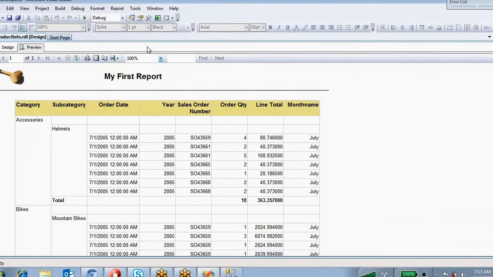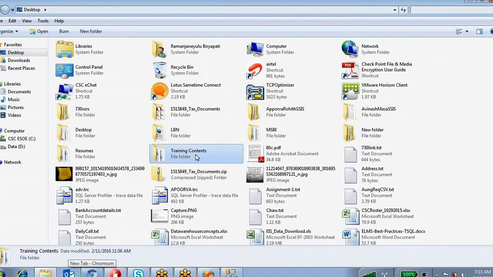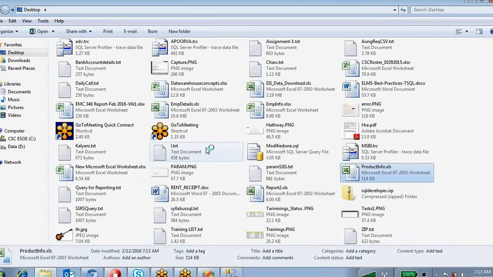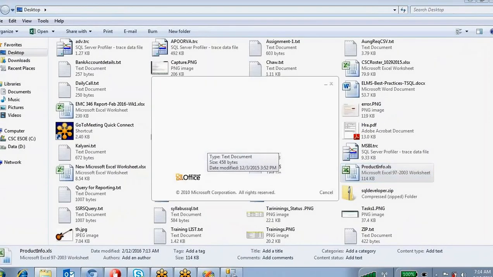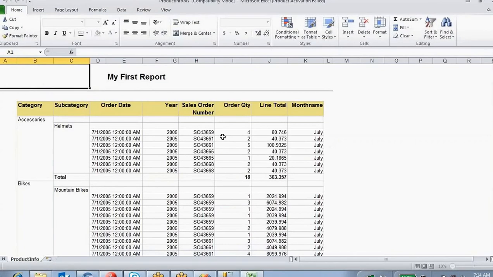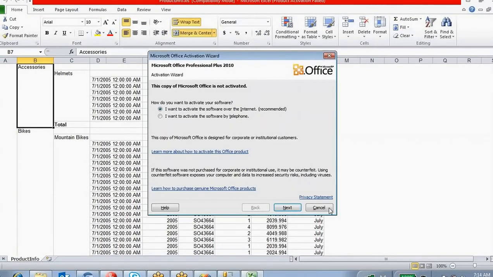You can go and see. See, so all this accessories, bikes information is coming into this one.